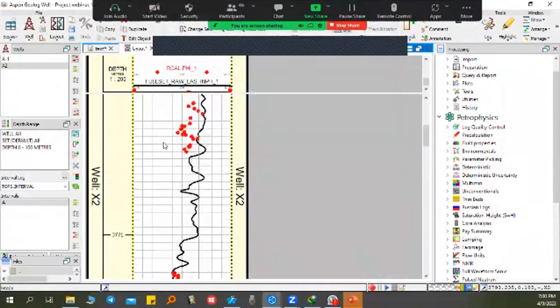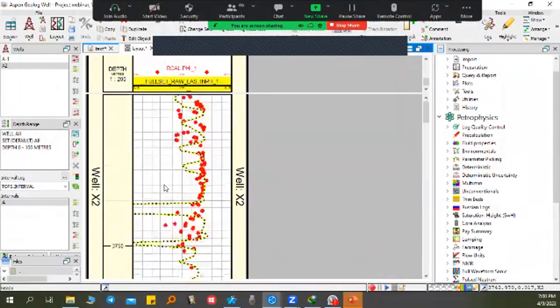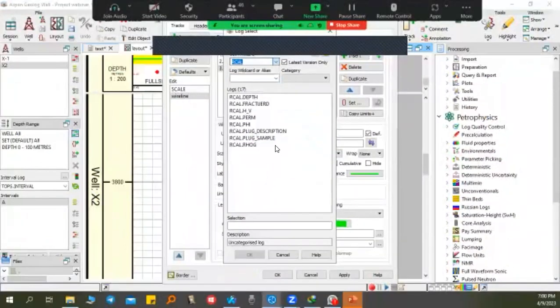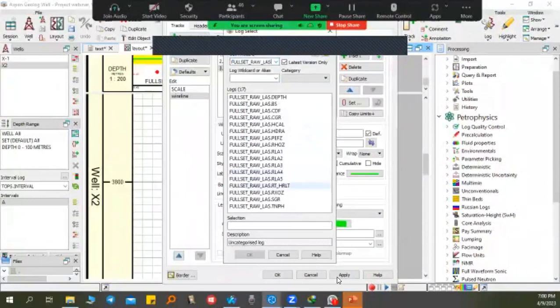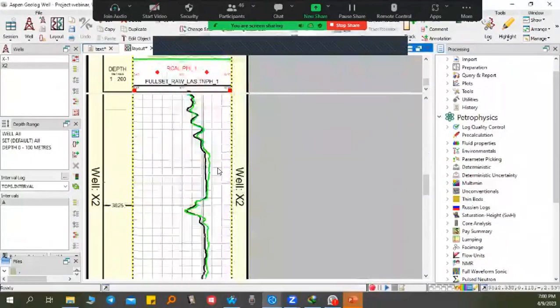This is raw data, raw log, not interpreted. And we show the log data. This work that I show you is, in some other petrophysical software, not as user-friendly as Geolog.